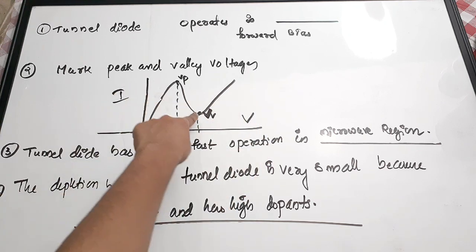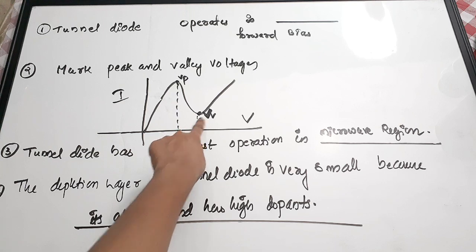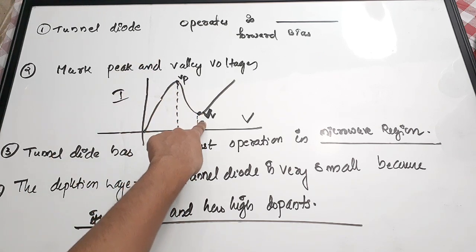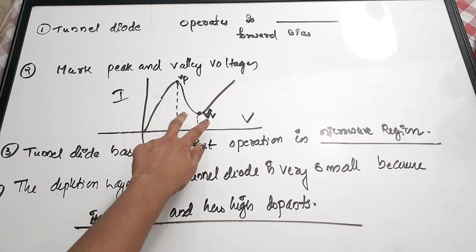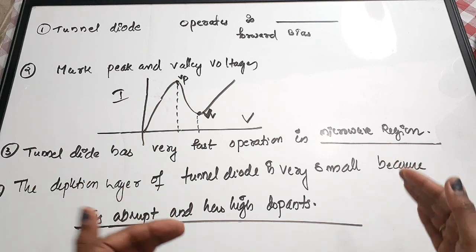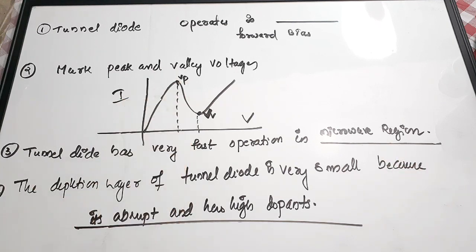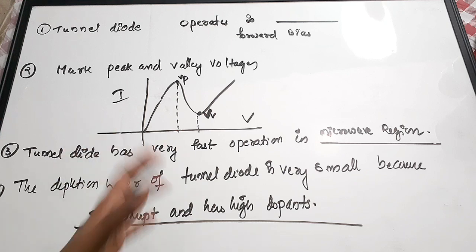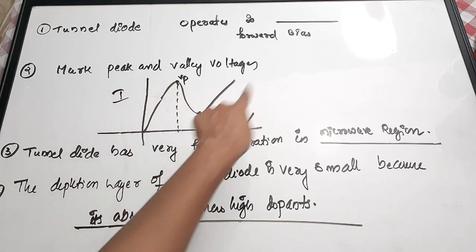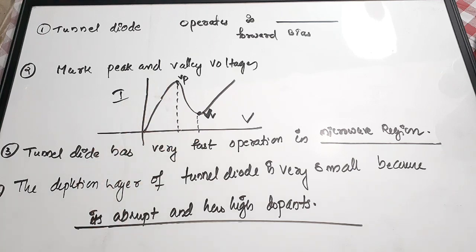So the current is at its minimum, okay. Once the tunneling process has started, after that the current is at a minimum, not at this point. This point is called the valley voltage and this point is called the peak voltage. If the graph is given to you and they mark this point and ask what that voltage is called, you should answer that it is the peak voltage, and this is the valley voltage. Also, from the graph you can figure out this is a peak and this is a valley. So it is the valley voltage and the peak voltage.